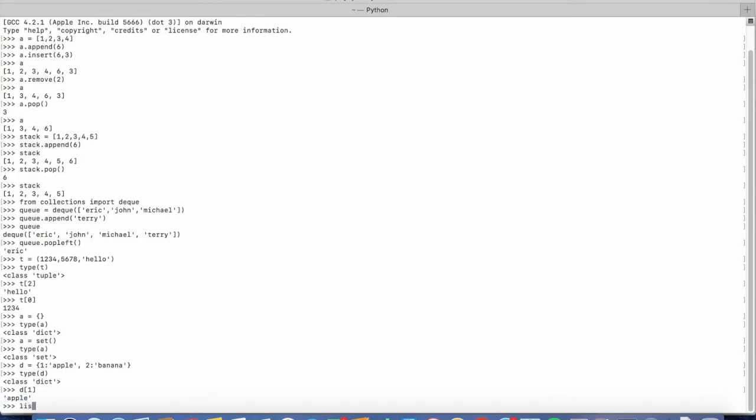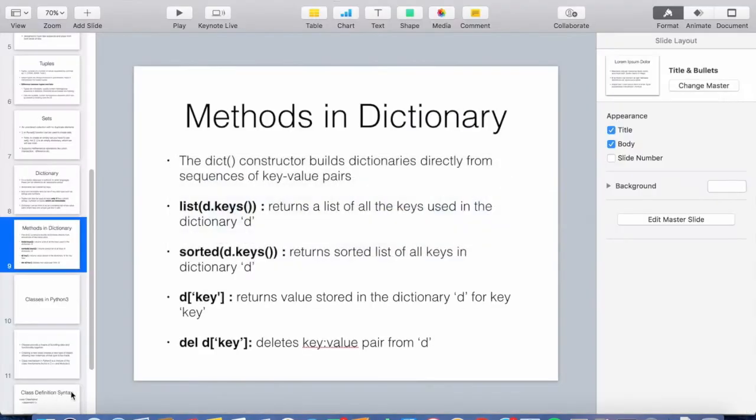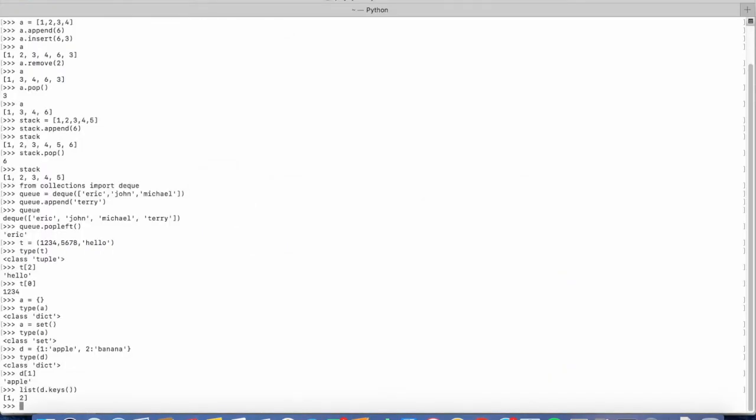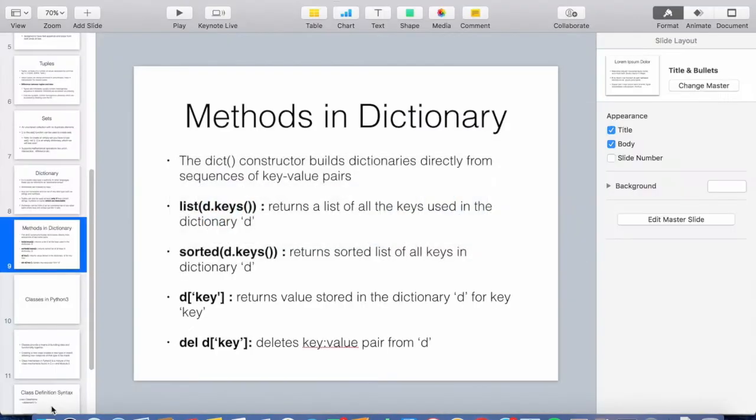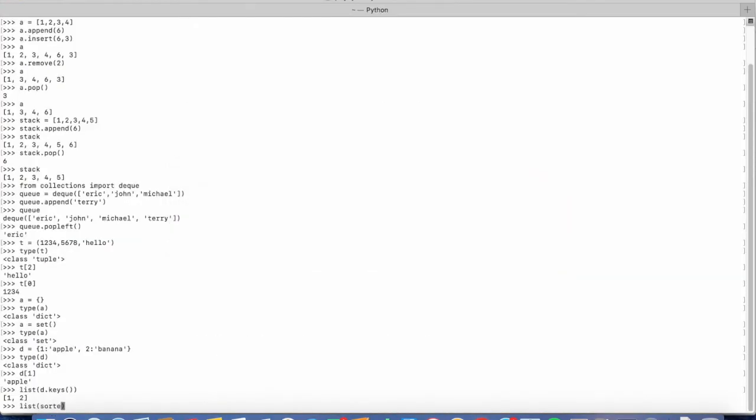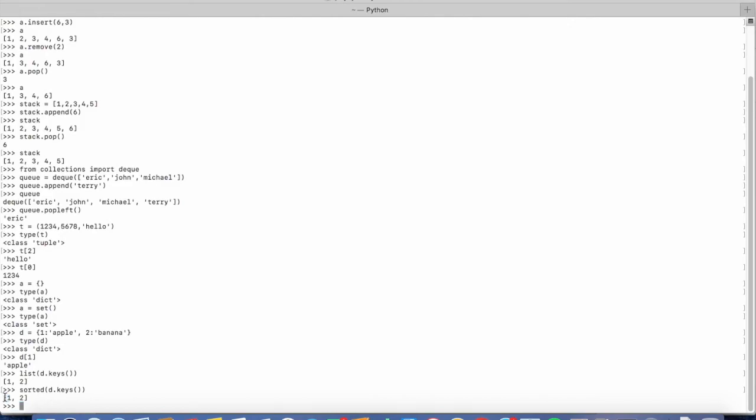Similarly, if I use list of d.keys, it will return the list of all the keys present in the dictionary. And if I use sorted of d.keys, it will return a sorted list of all the keys present in the dictionary.